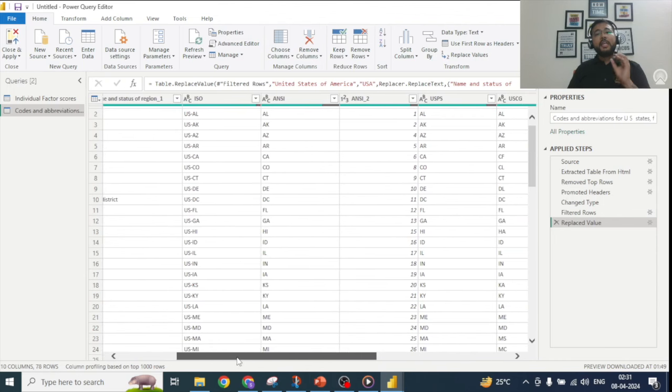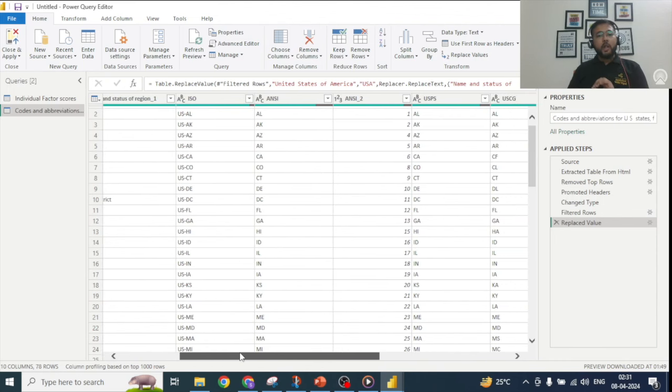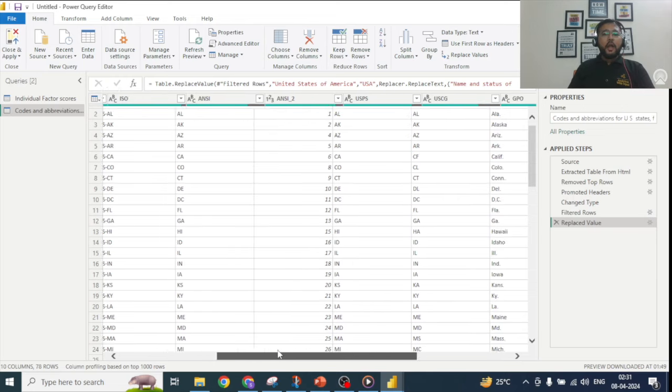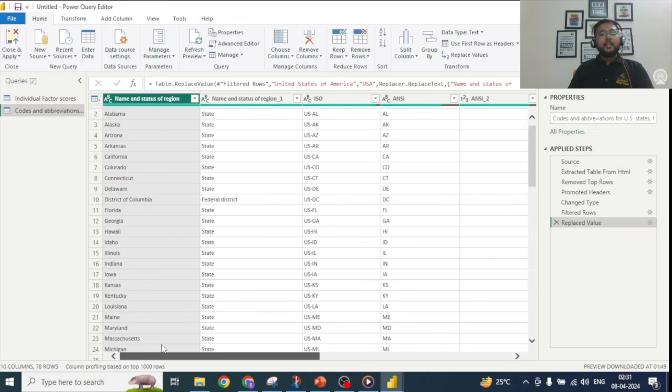So we need to basically check the data types of every column, to check for any errors or null values coming into this data source. Now, here you can see that there are so many unnecessary columns which we have extracted from that particular table, and we know that we are not going to use those specific columns in our Power BI. So, in order to optimize our memory, we can get rid of those columns as well,